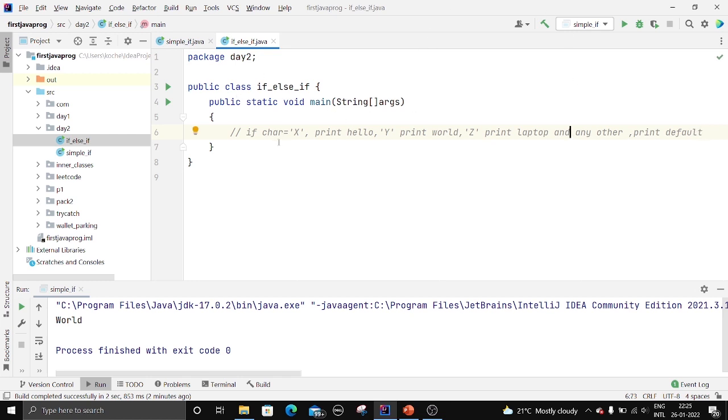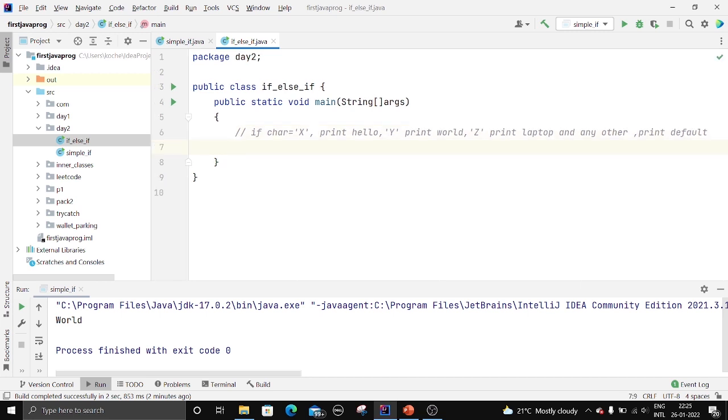This is very simple. If the given character is equal to x, you need to print hello, or if the given character is equal to y, you need to print world. If the character is equal to z, you need to print laptop, and if the character is not equal to x, not equal to y, not equal to z, then what you're gonna do, you just print default. That's it. All right, so first let us take a character char ch,